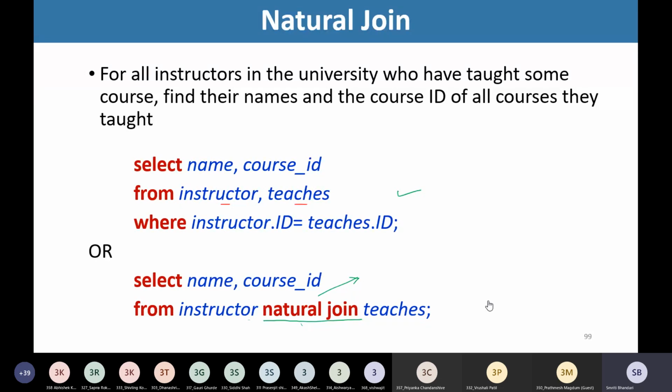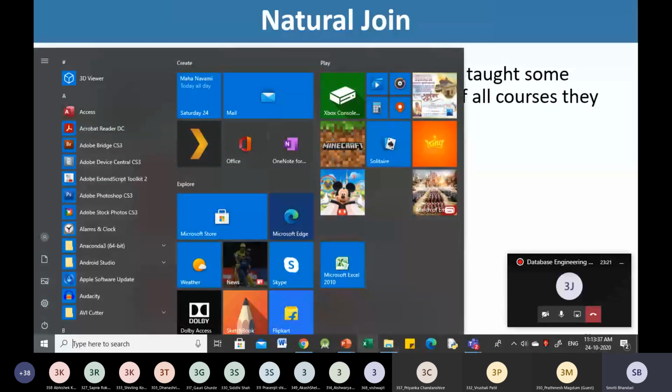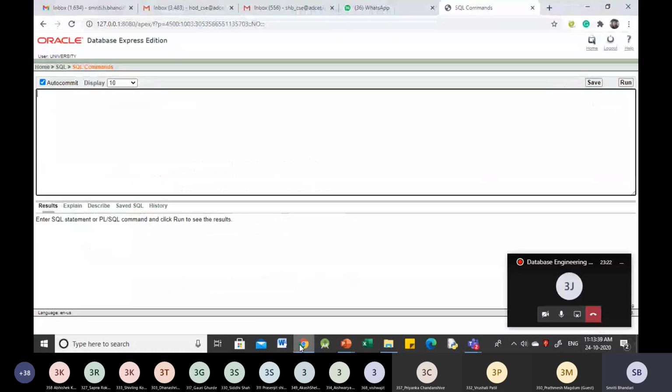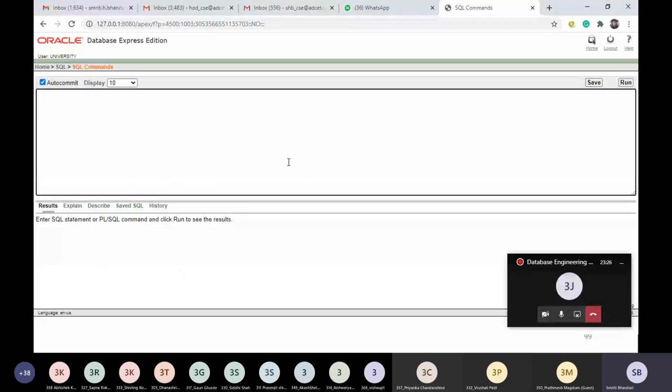Yes, ma'am. Fine. So let's proceed with the practical demonstration now. Let's try to write these queries in Oracle. So let us try the first variant that we have already used earlier.